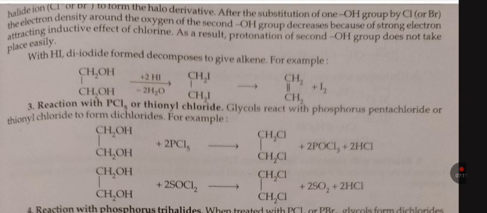After the substitution of one OH group by Cl, the electron density around the oxygen of the second OH group decreases because of the strong electron attracting inductive effect of chlorine. As a result, protonation of the second OH group does not take place easily. With HI, the diiodide formed decomposes to give alkene. For example,